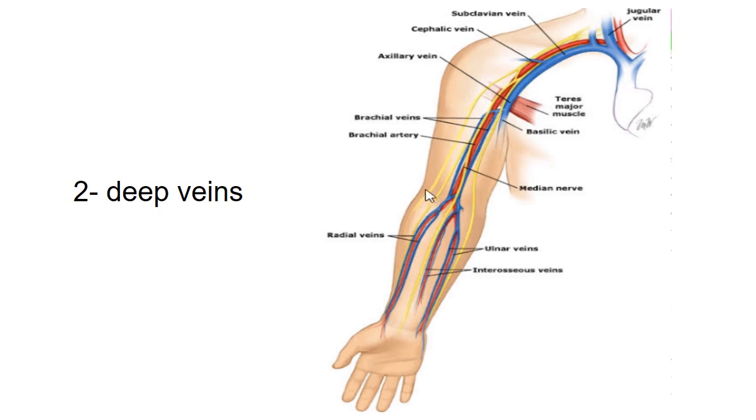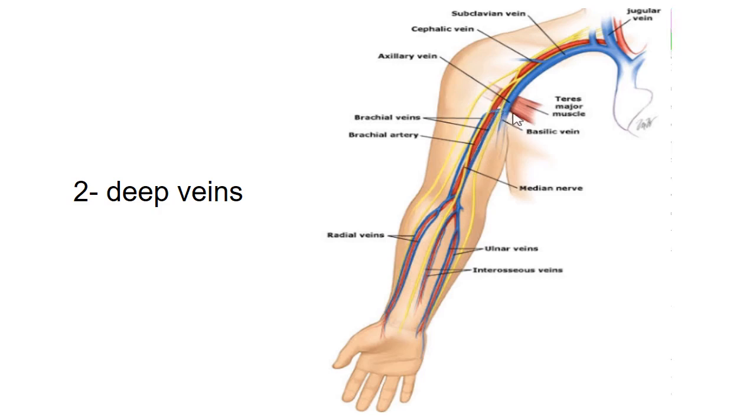As you can see here, the brachial vein begins at the bend of the elbow, opposite the neck of the radius, at the level of the neck of the radius. Brachial vein is formed by the union of radial veins and ulnar veins which accompany their corresponding arteries. These two sets of veins, radial veins and ulnar veins, unite to form the brachial vein at the level of neck of radius. This brachial vein then accompanies the brachial artery in the arm.